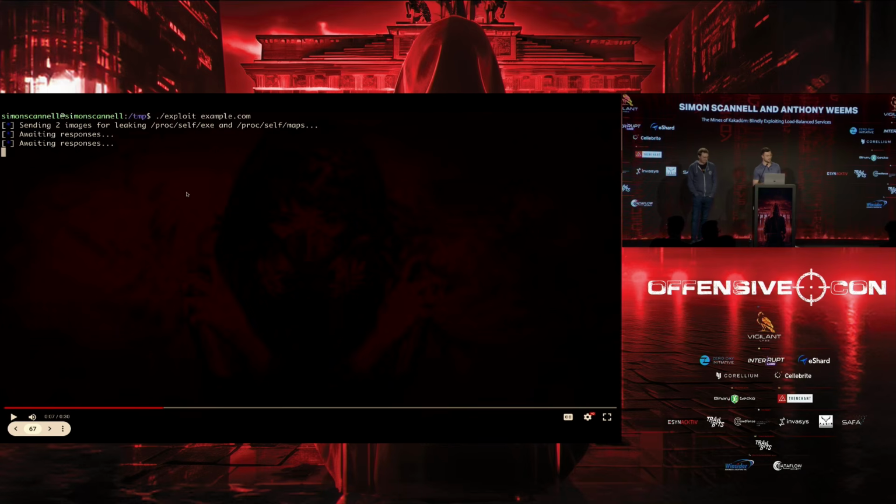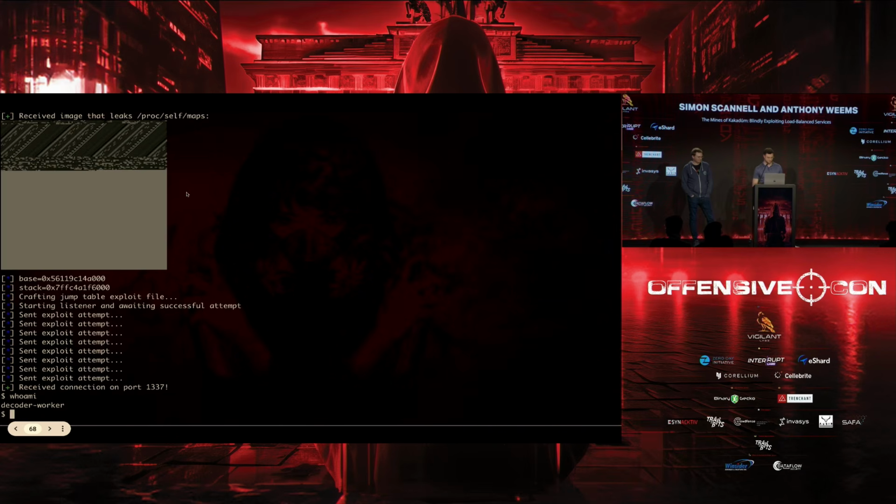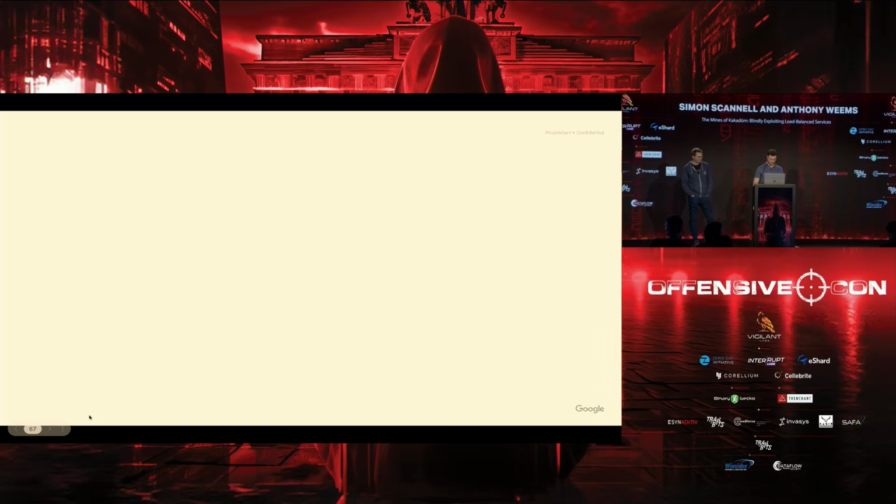So we've already previously leaked that in a previous step in order to prepare the final exploit steps. But in this case, we want to make sure that the binary is still the same one as the one we were expecting, just to make sure we're not crashing by accident. And the second is, of course, proc.self maps, because we need to break ASLR. Oh, that should not have happened.